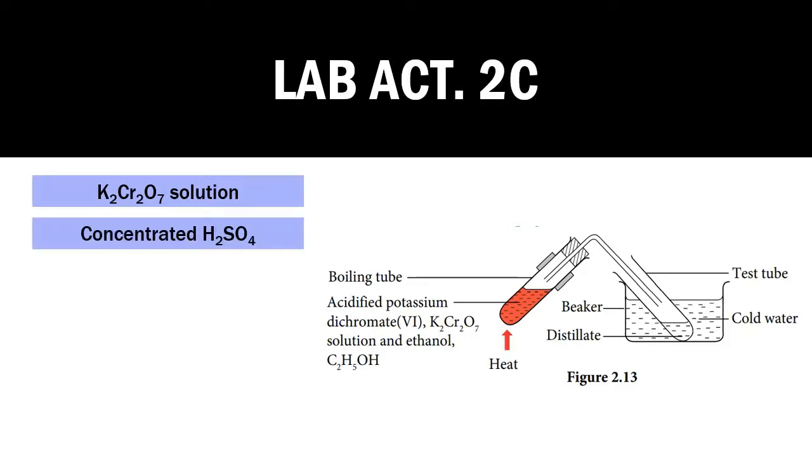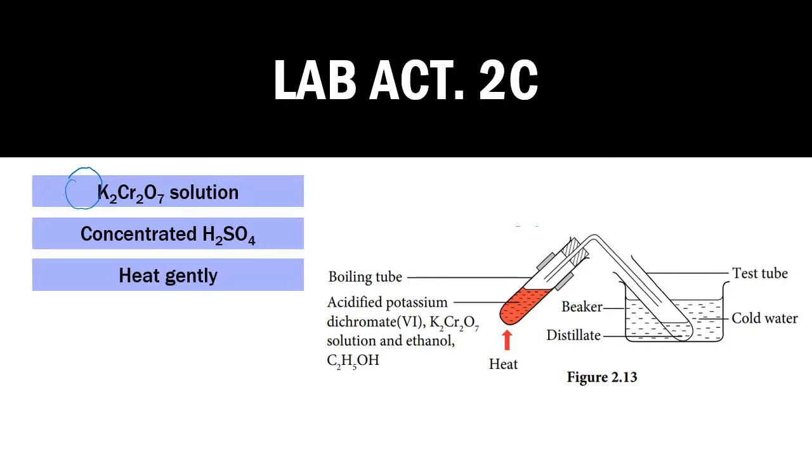add with concentrated sulfuric acid. Kalau kita dah guna acidified potassium dichromate, tak perlulah tambah concentrated. Tapi kalau daripada yang cikgu tuliskan di sini, okay, cikgu tak mention dia sebagai acidified lagi. So, cikgu perlu added with concentrated sulfuric acid. Okay. After that,